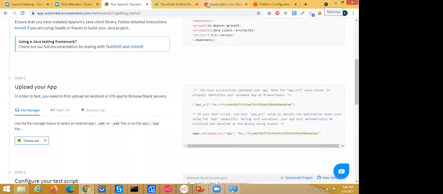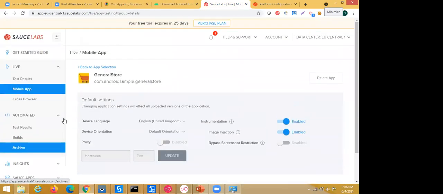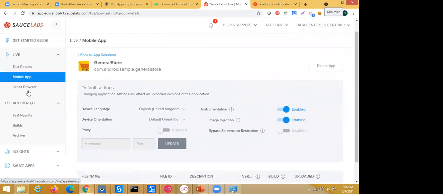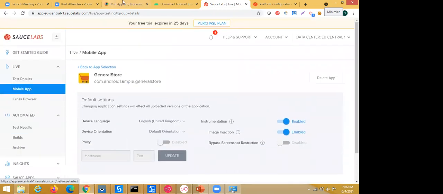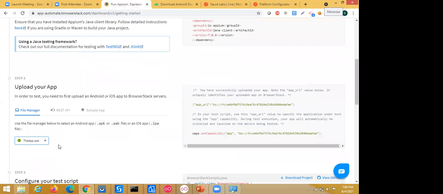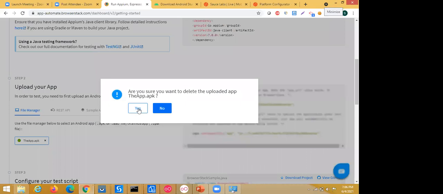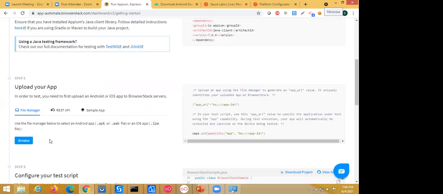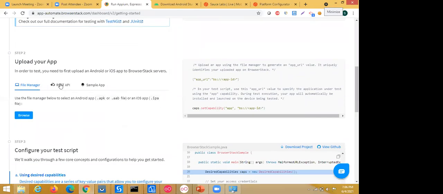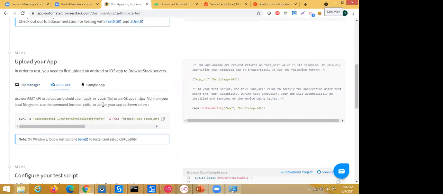Your second question is about uploading your particular IPA file. It's not an issue. If you don't have an IPA file, you can go to other options here, and give us your application URL.